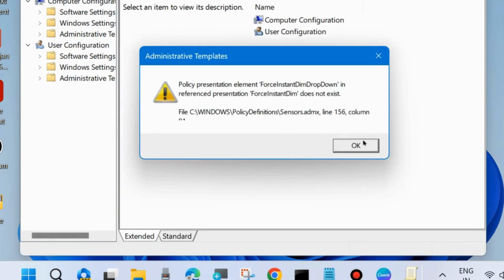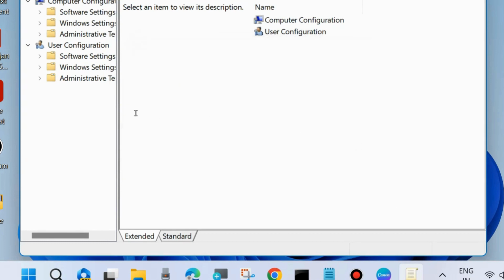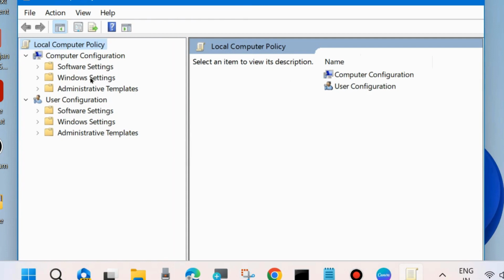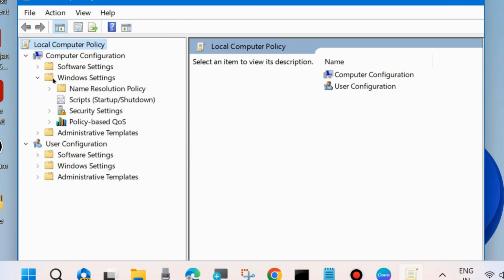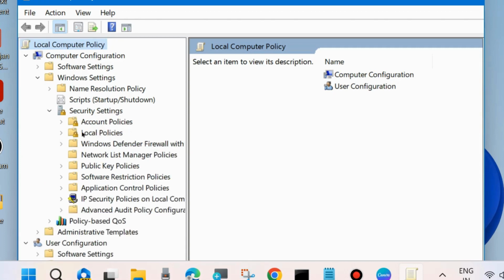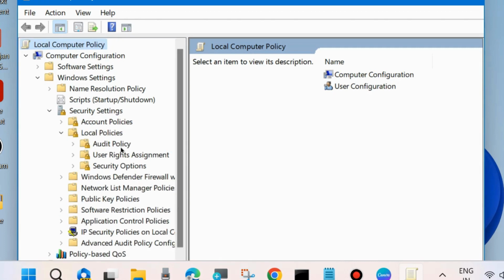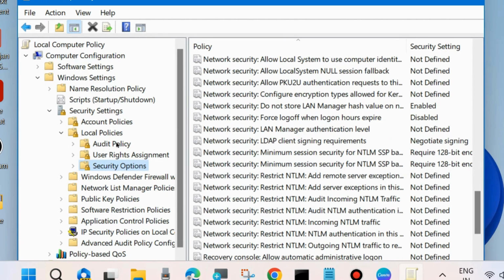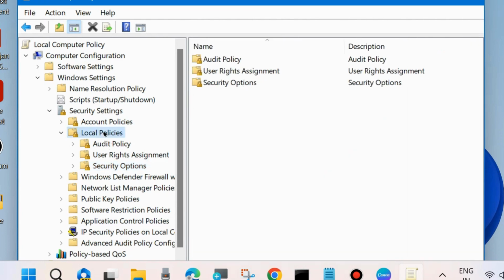Type gpedit.msc, press OK, and in the Local Group Policy Editor, from the left side, update your security policy. Expand Windows Settings, then Security Settings, Local Policies, Security Options. Select Local Policies, thereafter go to select